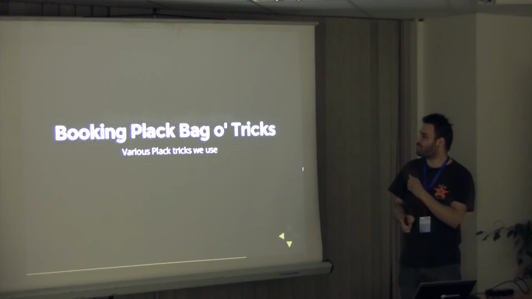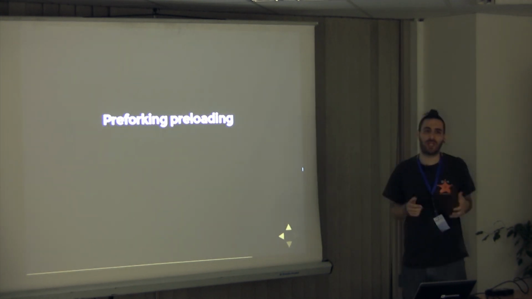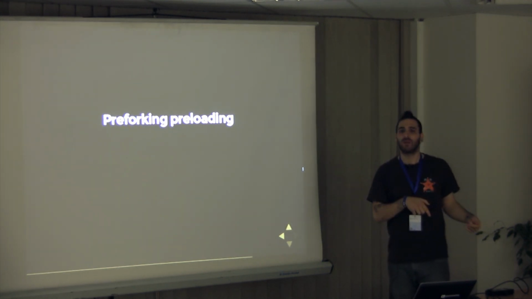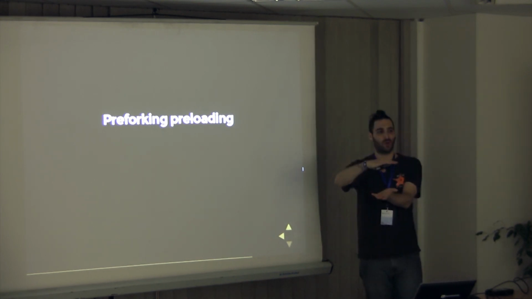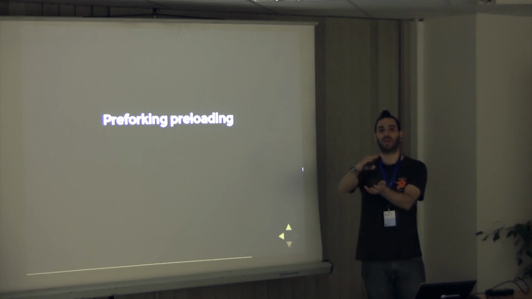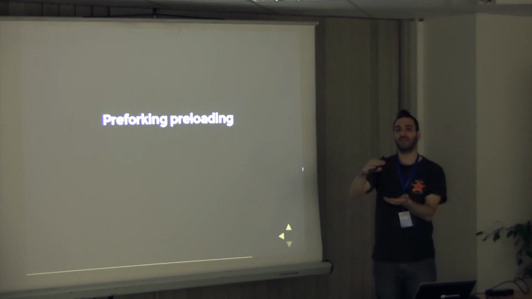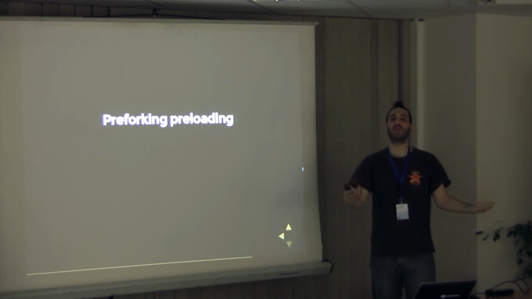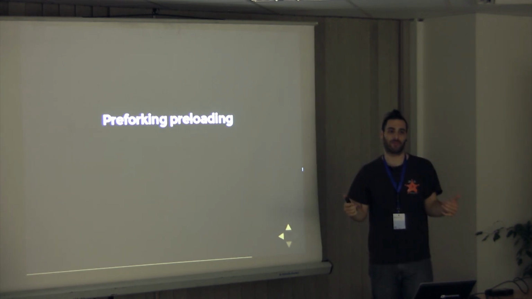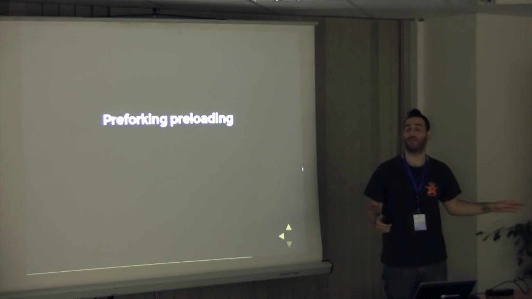One of them is that we preload a lot before pre-forking, which is something that is very easy to do in PSGI. Because you need to construct this code reference, your app, and serve it to your server, anything that you load beforehand, if the server forks, you've just preloaded before forking. You can save a lot of memory.